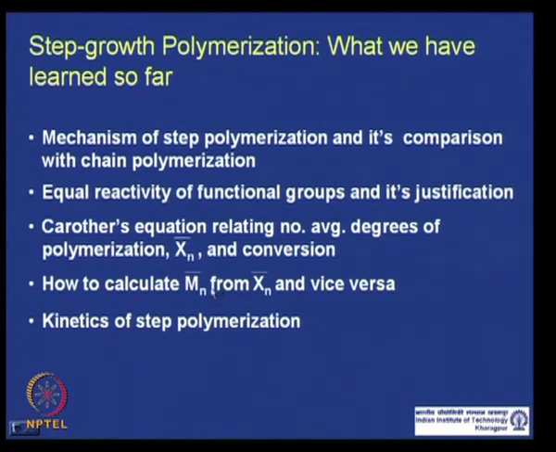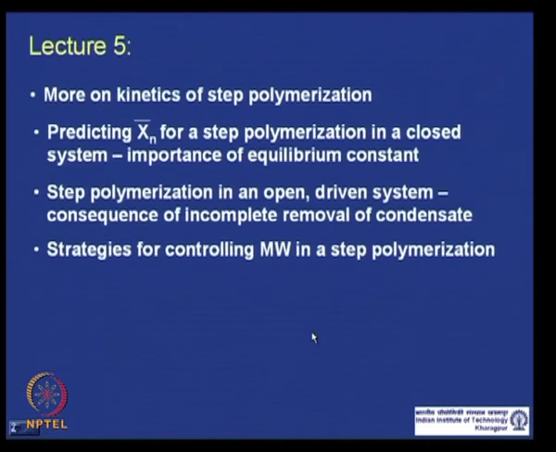I gave more time to this because, as I said, sometimes there is confusion among students on how to get Mn from Xn. It is actually Mn equals Xn multiplied by the average molecular weight of the structural unit, not the repeat unit. And we also discussed the kinetics of step polymerization,